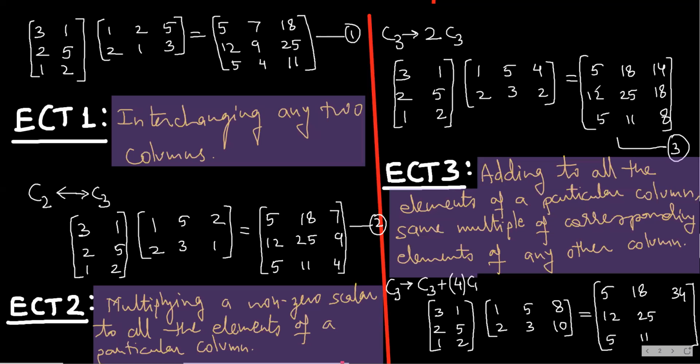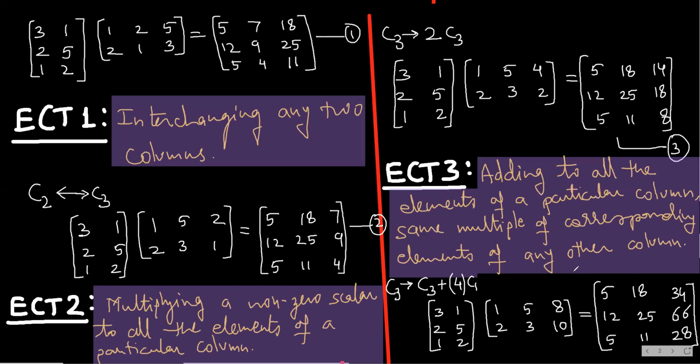I'm multiplying 4. Okay. So 5 into 4 is 20. When you add, you get 34. Then 12 into 4, it is 4 times C1. 12 into 4 is 48. 48, when you add here, how much do you get? You get 66. 48 plus 18, 66. Now here when you multiply 4, you get 20. 20 plus 8 is 28. And remember students, this equation, which is number 4, is also true.